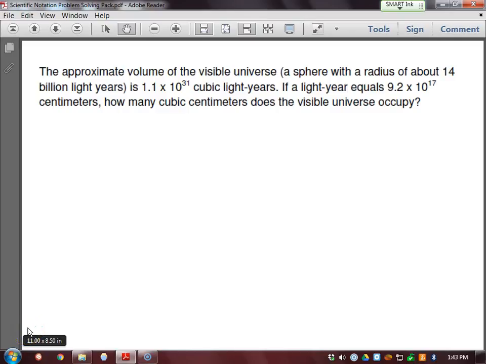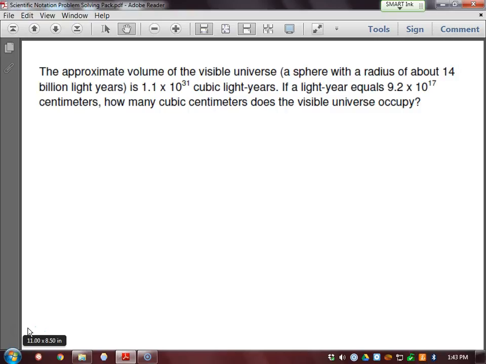Okay, so we are going to give this problem a shot. The approximate volume of the visible universe, which is assumed to be a sphere with a radius of about 14 billion light years, is 1.1 times 10 to the 31 cubic light years. If a single light year is 9.2 times 10 to the 17 centimeters, then how many cubic centimeters does the